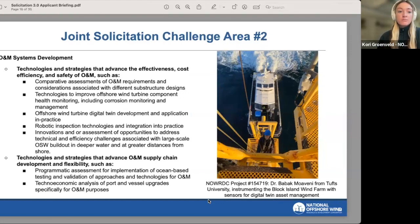Next, we have operations and maintenance systems development. So technologies and strategies that advance the effectiveness, cost efficiency, and safety of O&M, such as comparative assessments of O&M requirements and considerations associated with different substructure designs, technologies to improve offshore wind turbine component health monitoring, including corrosion monitoring and management, offshore wind turbine digital twin development and application in practice, robotic inspection technologies and integration into practice,